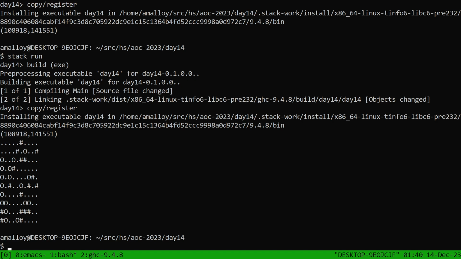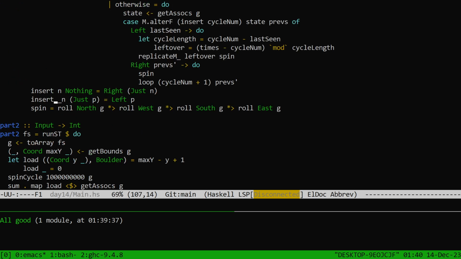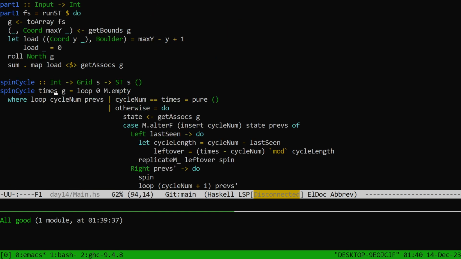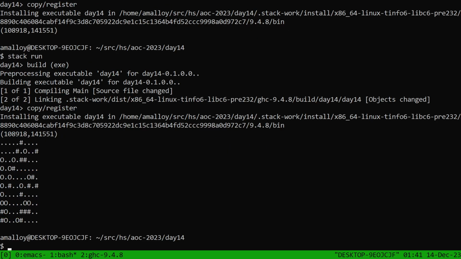It looks like it rolled south last somehow. Do I have the spin cycle in the wrong order? Doesn't look that way. The last thing it did was roll east. So how could we ever get this after rolling east? I mean, it's possible rolling east just is broken. In fact,